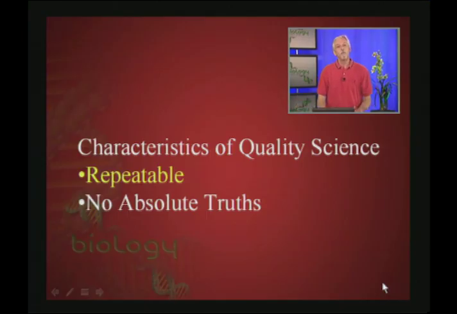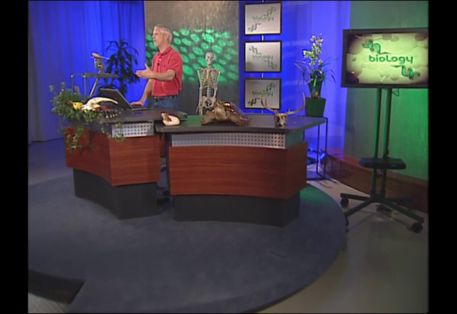And then another aspect of quality science, or a truth about science, I guess, is that there are no absolute truths. Because again, as we're going into areas where no one has ever investigated before, there's no one to say, yeah, that's right. So it becomes the collective intellect that really helps us determine the truth, and the repeated testing that helps us determine that truth.